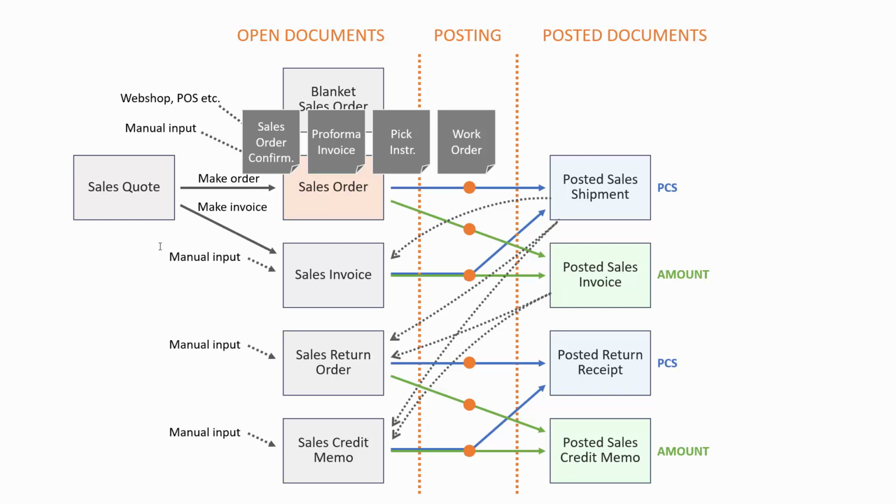Then there's a pick instruction that is meant as an instruction for the warehouse people to pick the items if you're not using the advanced warehouse functionality, but just picking directly on the sales order. And there's a work order that looks a little like the pick instruction, but has a sub area, and it's meant to fill in. So if you make a sales order for some service work or work like that, you can enter hours, etc. So a work order could be for a service person doing something at a client site and then entering what components he used and what hours he used. Those are the most important documents on the sales order.